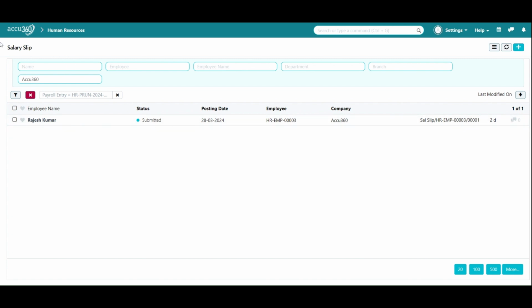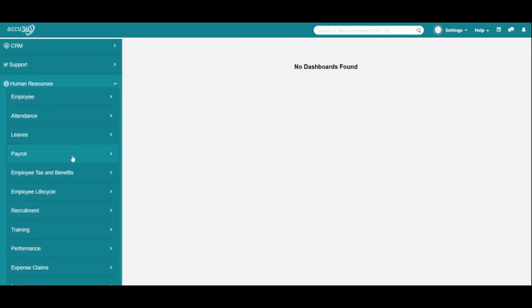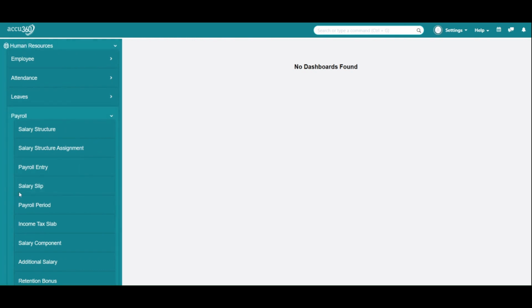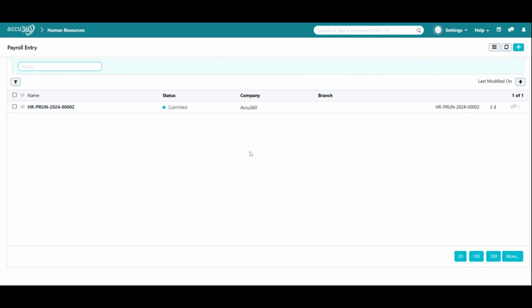Okay, so what we have to do, we have to go to the home page and then we have to click on this HR module, and in the HR module we have to open the payroll section, and in the payroll section we have to select the payroll entry, and in the payroll entry we can click on this plus button,